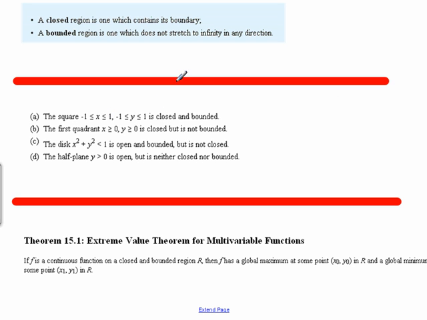Okay, some definitions that we need to be familiar with. First, a closed region is one which has a boundary. So a closed region, for example, was that problem earlier, which was that x squared plus y squared must be less than or equal to 1. That's an example of a closed region. A bounded region